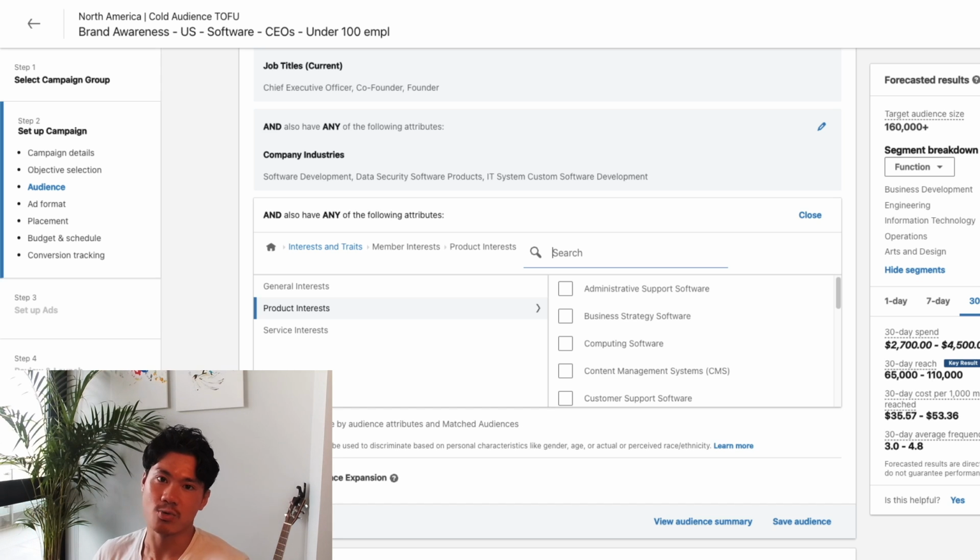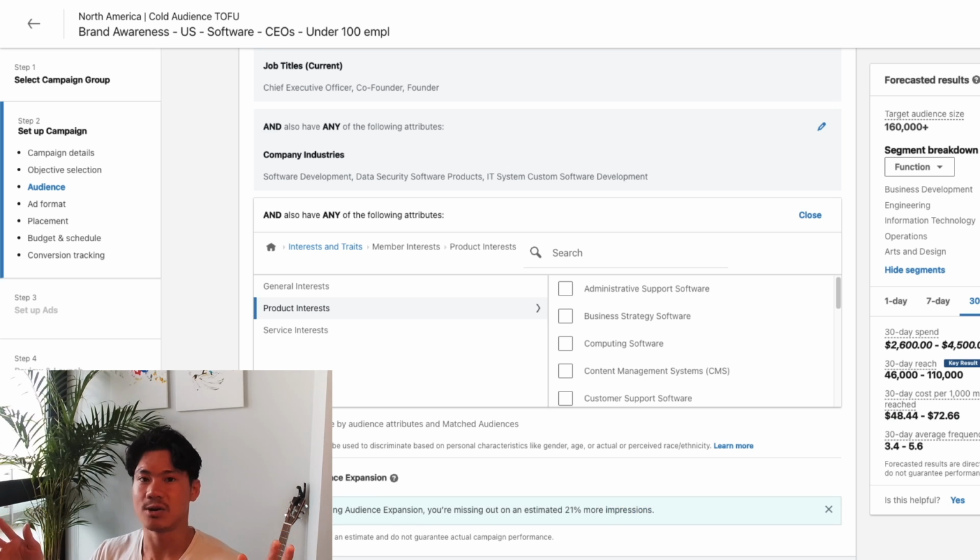Now, the next thing that you're going to want to do is get rid of the enable audience expansion. What happens here is LinkedIn takes the audience that you've essentially decided upon based on your filters, and then tries to find other people who are kind of similar to that audience programmatically. I would assume they're using AI. But usually it doesn't do a great job, if we're being honest, and then it ends up driving up the cost of your ad. So it's better to just stick with your exact targeting rather than the audience expansion.